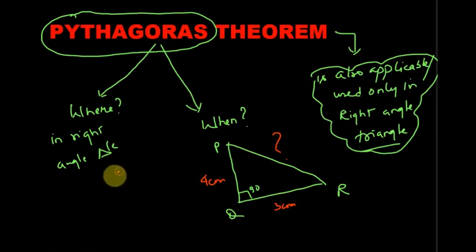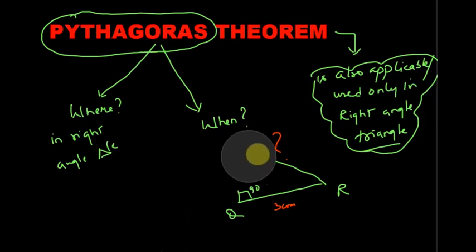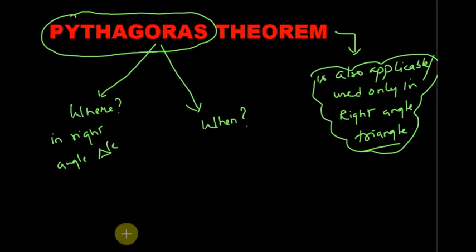For example, one more example. This is a triangle XYZ. First of all, it should be right angle triangle, and let's say we have this side as 6 centimeter and this side as 8 centimeter, and we want to find out this side. Then even here we'll apply Pythagoras theorem, because just now I said that whenever we have a right angle triangle and we have the information of two sides and we want to find out the missing side, then we will apply Pythagoras theorem. So I hope now you are clear where to apply, in right angle triangle, and when to apply, to find out the missing side